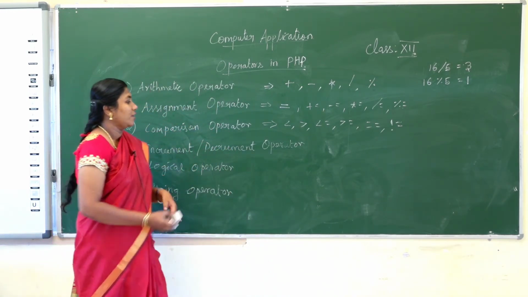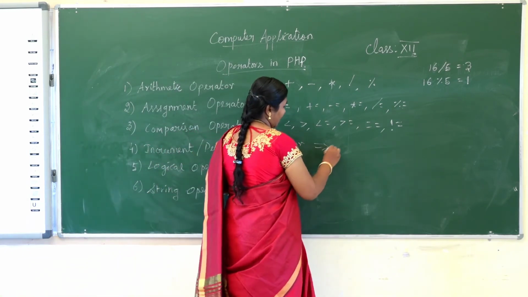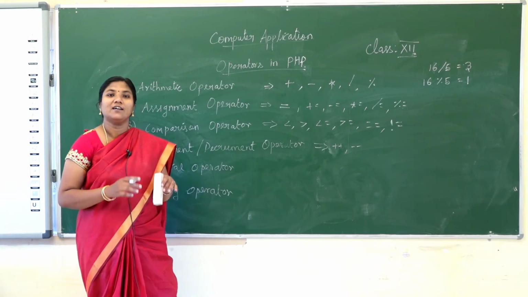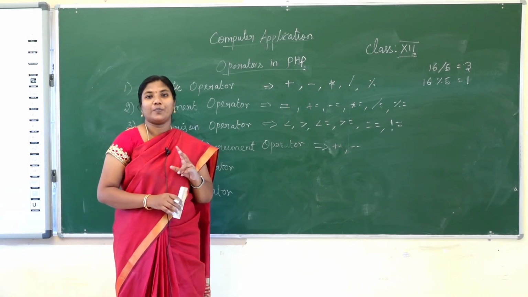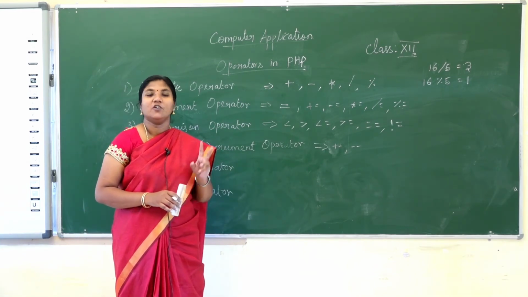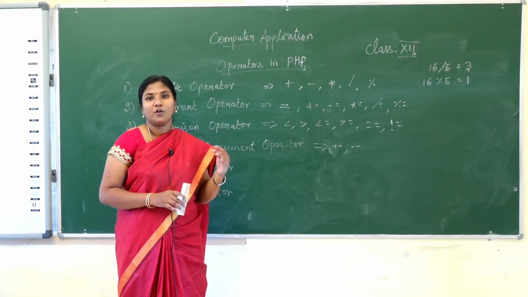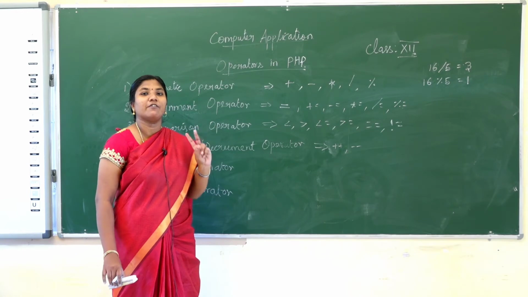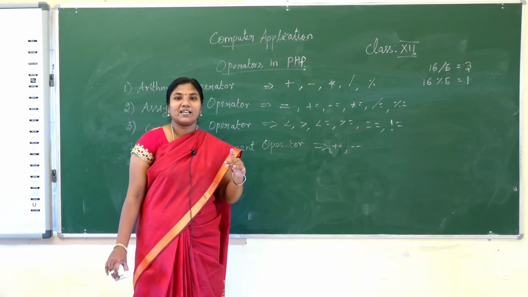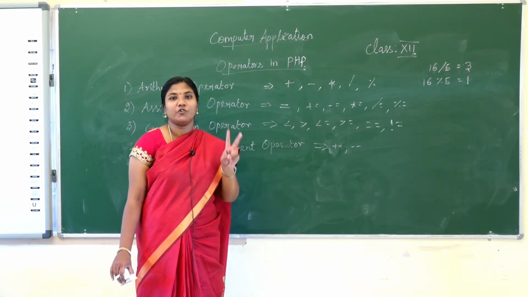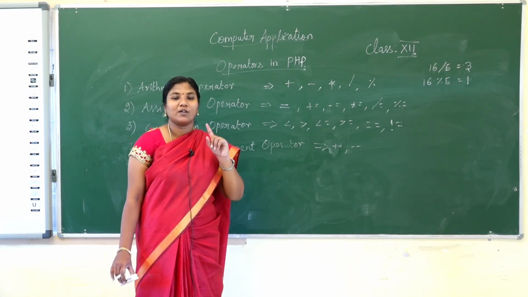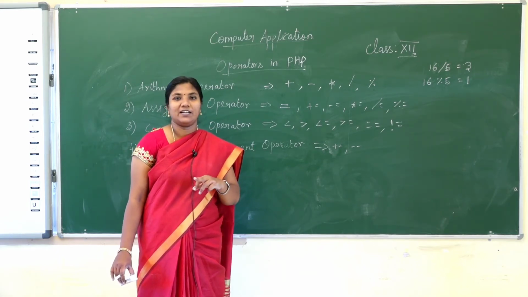That is plus plus and minus minus. These two are the increment and decrement operators available in PHP. So plus plus is increment. Increment, you will understand the meaning. So as per the name, increment means we have to use 2 plus symbols. Decrement means it gets the decreased value, so you will be using the 2 minus symbols. So there are two, one increment operator and one decrement operator, that is plus plus and